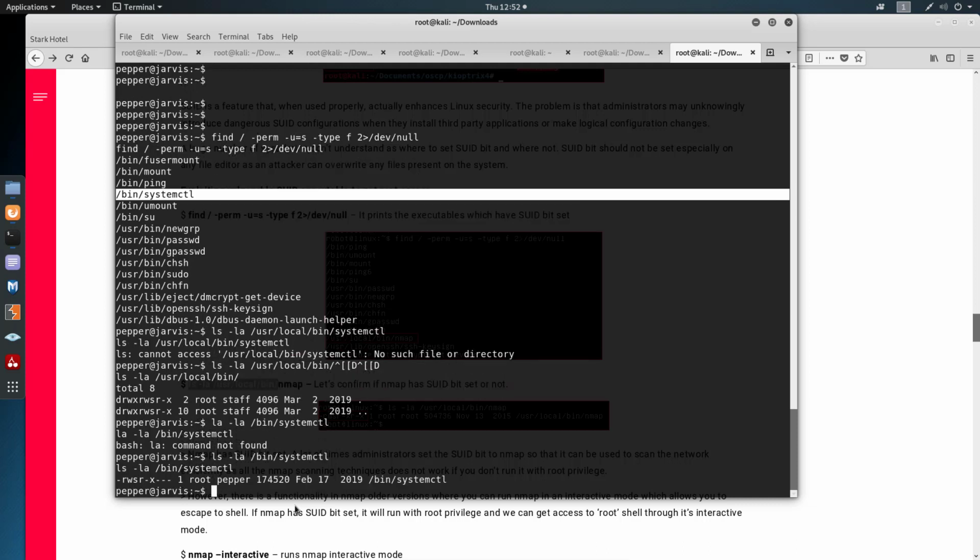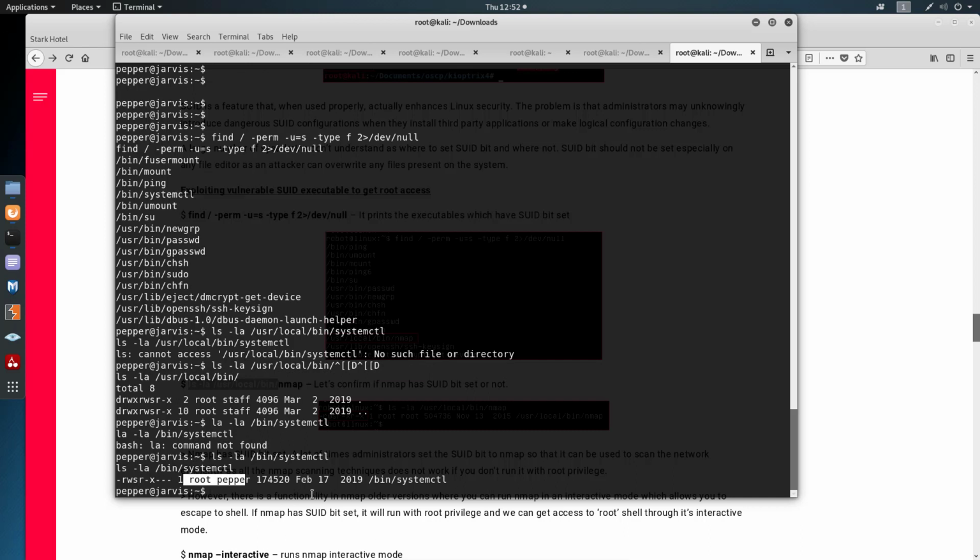All right. So as you can see, our user paper can run as root. I know there's a one-line command that will list all these with all the permissions. I just don't remember what it is, but once I found out all these, I just went and checked every single one of them to see if my user paper can also run as root, and it looks like we can. And there's a very interesting article that I found